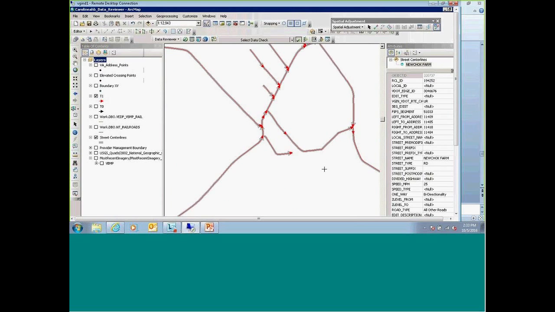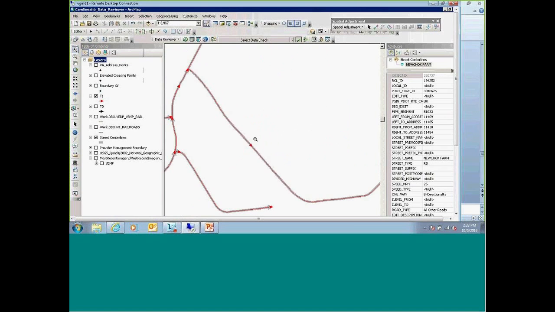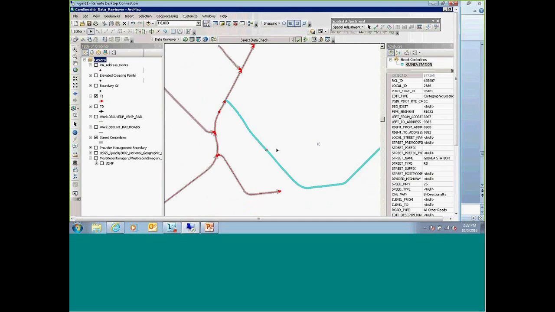Address range and segments. This is a good example. They have a new segment here. The RCL is not split, but clearly they have split it. So that's another on our part, that we need to fix the RCL since they have adjusted that.